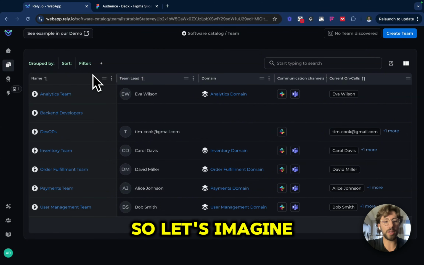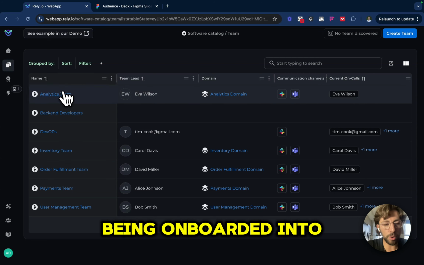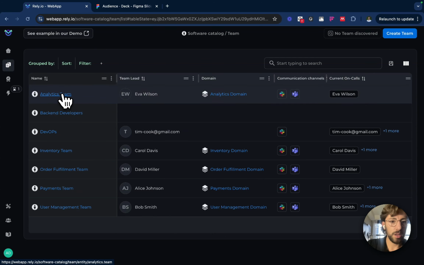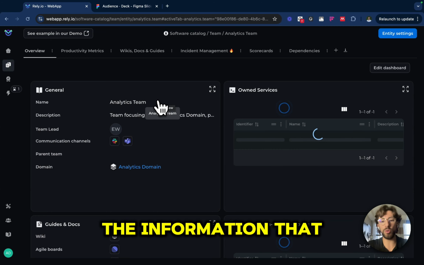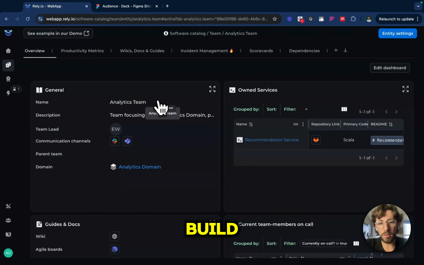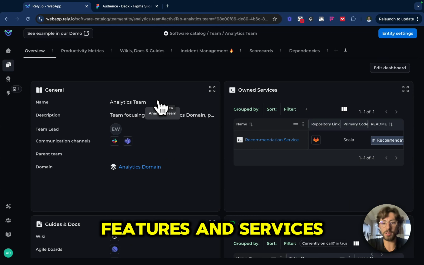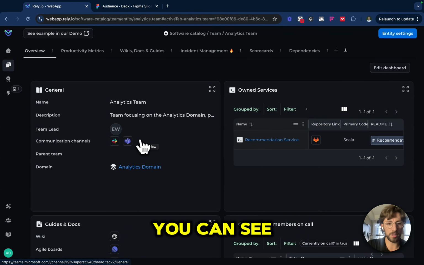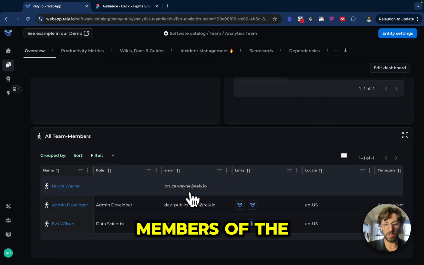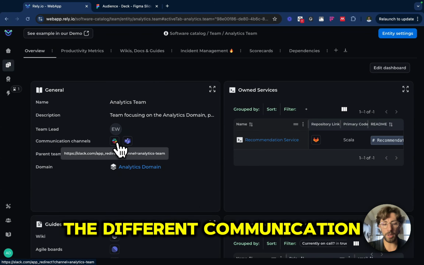So let's imagine that you're an engineer being onboarded into the analytics team. You get into the analytics team, and all of the information that you need to build features and services for this team is in here. So to collaborate, you can see who the team members are, the different communication channels,